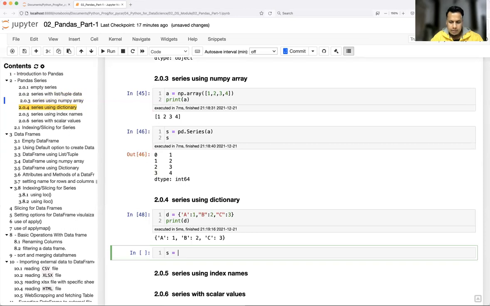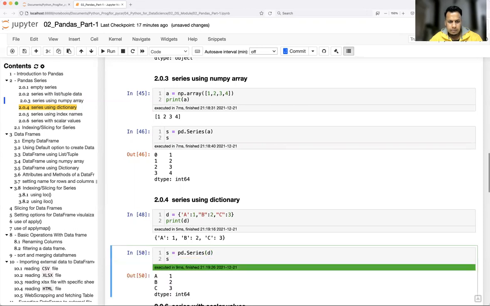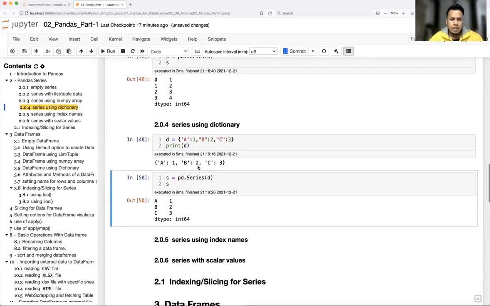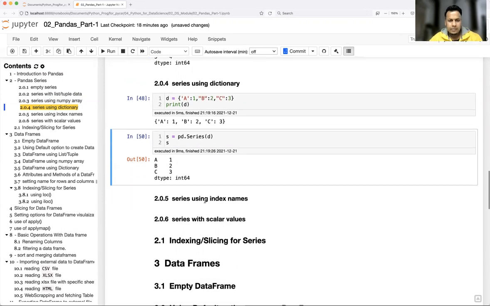Now let's create a series out of dictionary d. See what is happening. Whenever you pass a dictionary, which has key and value pairs, all the keys will be fetched separately and used as the row header, and their corresponding value against each key. That's how you get it.